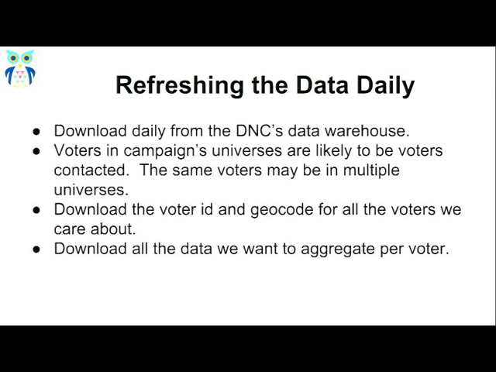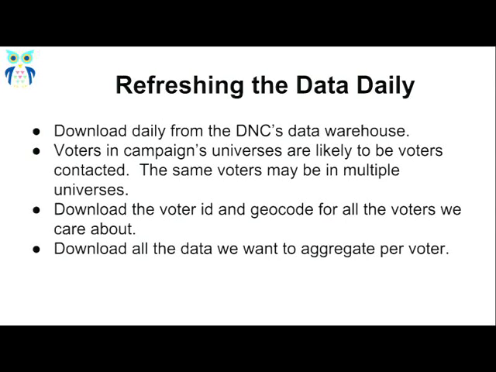So every day I pull down data from the DNC's data warehouse, which obviously isn't a public site, but I can access it. If a campaign says I have access to it, the DNC will give me their data. And the thing that's useful to know is that a voter is going to be likely in different data sets that come from the campaign. The same voter is likely to be in multiple of them. And the same voter might even be in